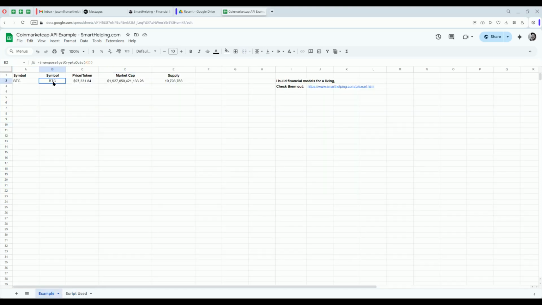But you can see this is the code. We called the function getCryptoData, and then we just reference the symbol, and then it'll give us the current price, market cap, and supply. So if I put in Bitcoin here,